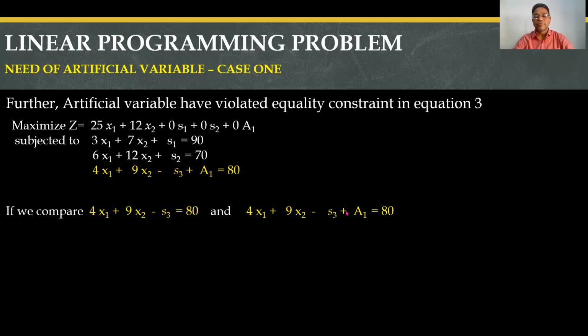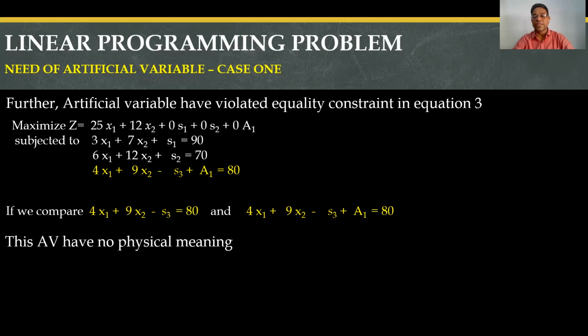So we are forcing a1 to be part of the equation, and there is no space for a1 here, because this was less than 80, we have subtracted something and now it is equal to 80. Now when we are saying that the left hand side is equal to 80, and then we add a1 to this and it is still equal to 80, it is contradicting what we have said.